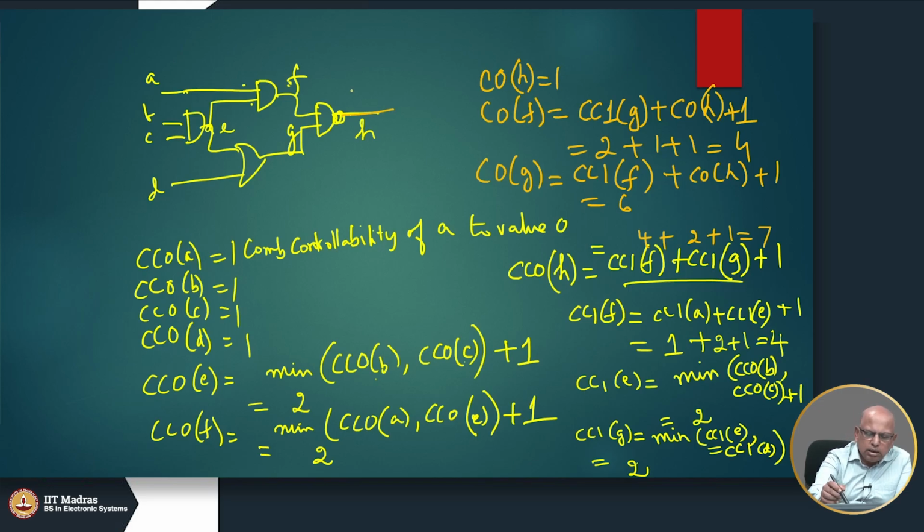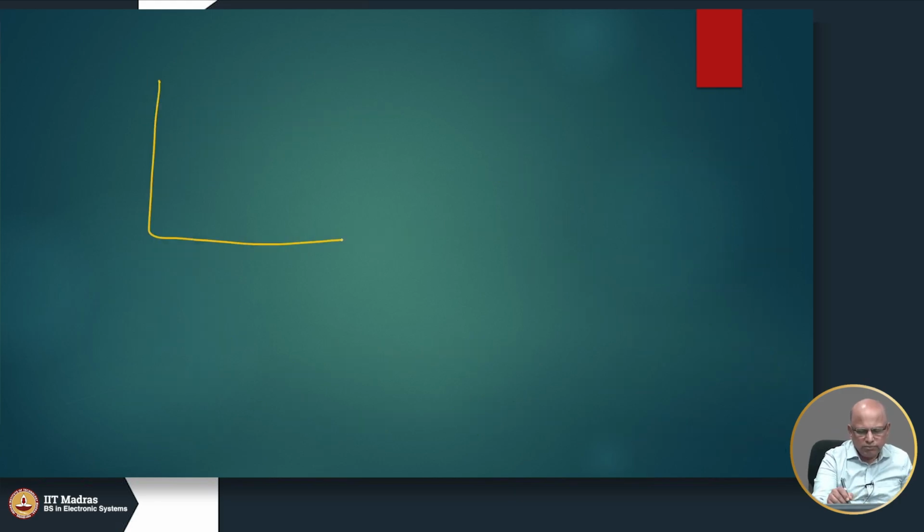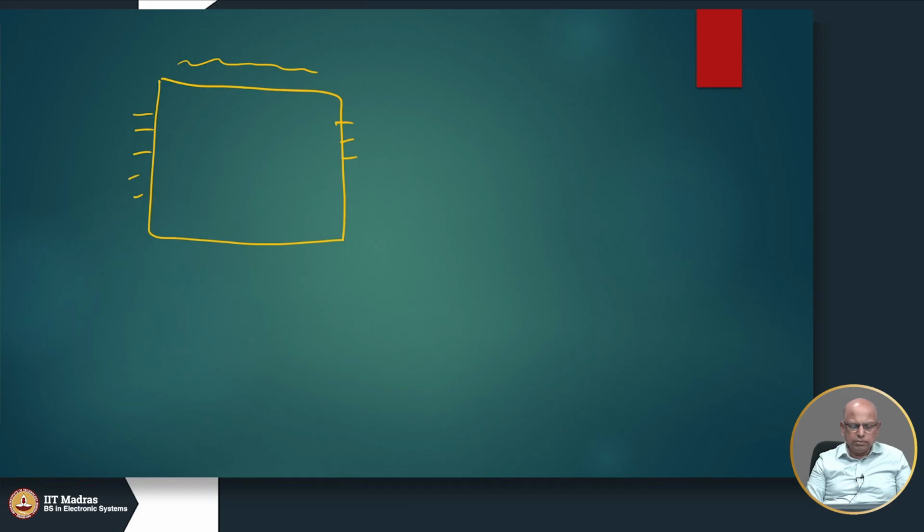As you can see, if I go inside, the observability numbers go high, okay. They become large. If you have large numbers on observability, that means that node is very difficult to control or observe. You understand? So, if I have a big combinational circuit with millions of gates, as I calculate the combinational controllability, observability, etc.,